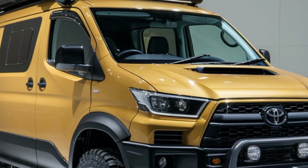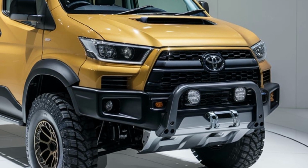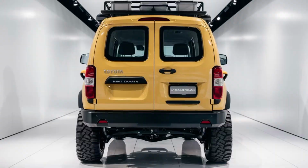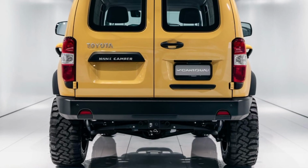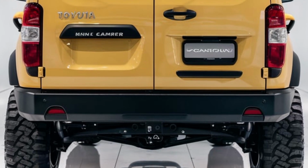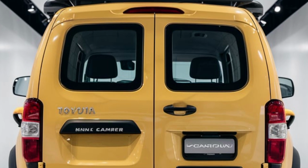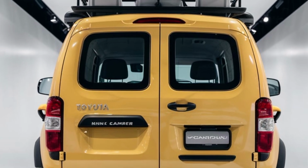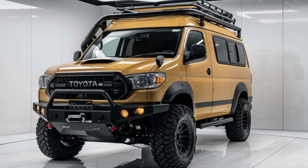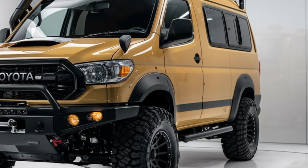The Toyota Mini Camper Van also shines in terms of adaptability. Owners can customize it to suit their lifestyle and needs. Whether you're a solo traveler needing a simple setup or a couple who wants a few more comforts, the van can be outfitted with additional accessories. Popular upgrades include roof racks for carrying bikes or kayaks, upgraded insulation for colder climates, and enhanced sound systems for entertainment on the road. The van's versatile design also allows you to add awnings or tents, extending the living area